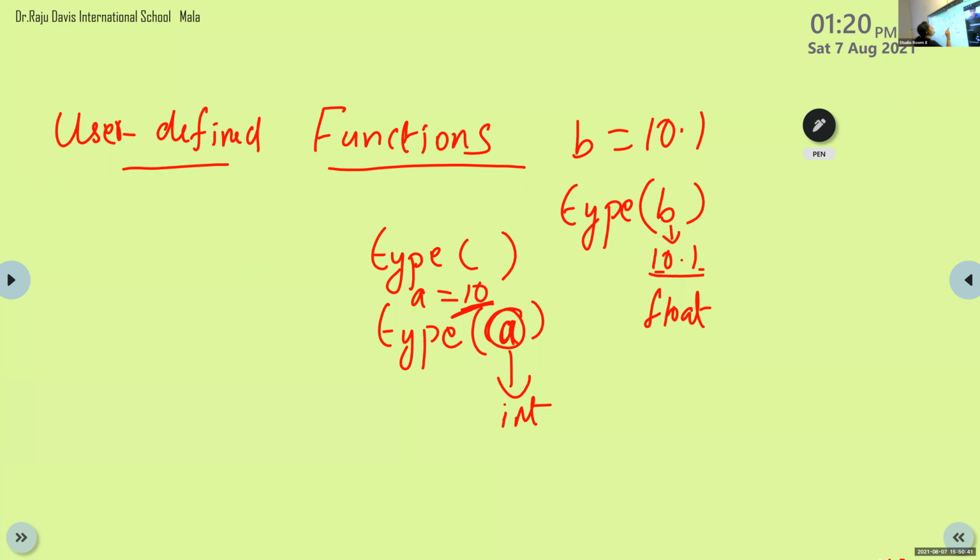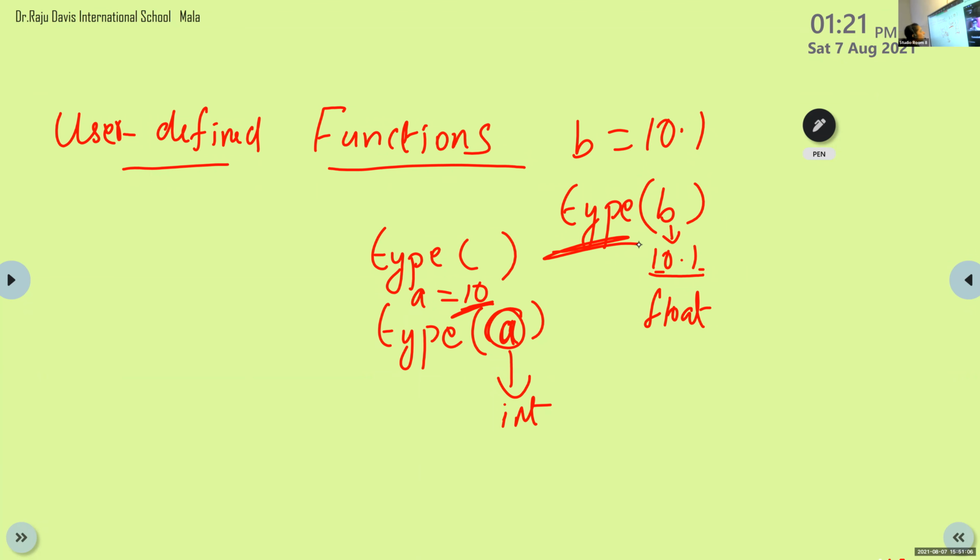Okay, so that is the purpose of this type function. This type function is a system defined function. Okay, it means the system has defined this function. It is not a user defined function, without the user intervention we are using this type function.